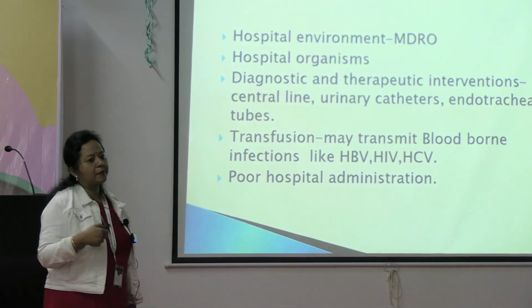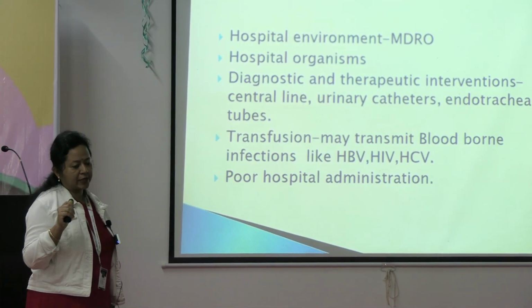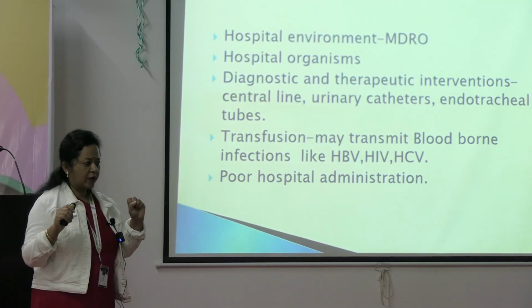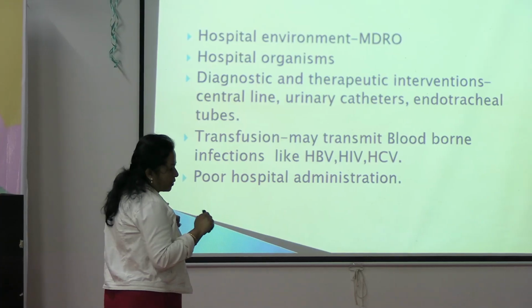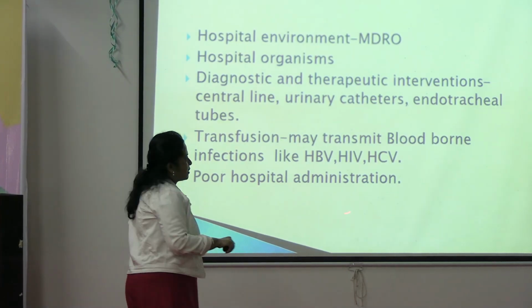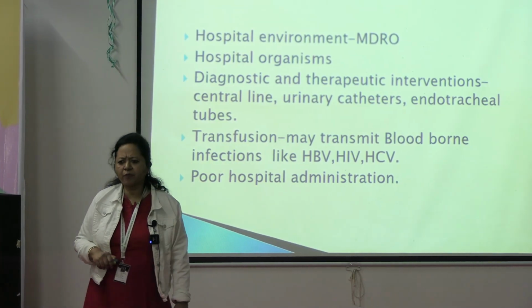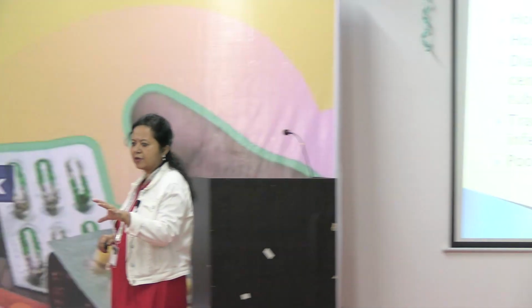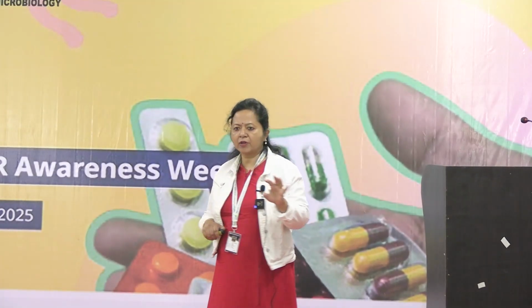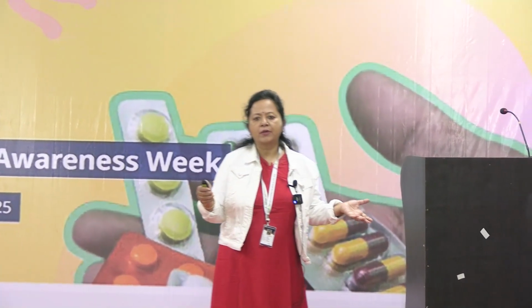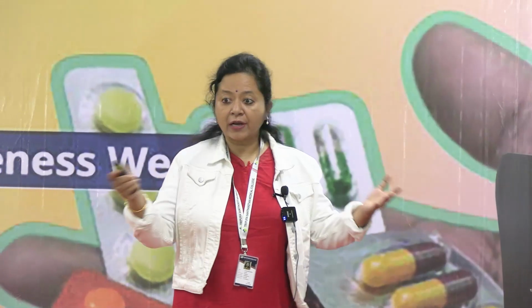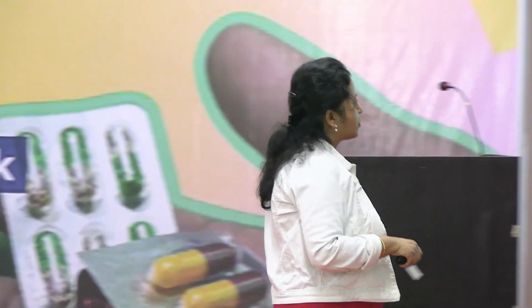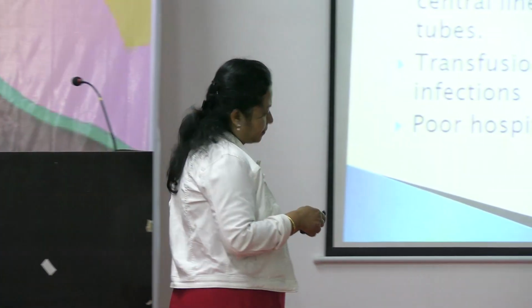So the blood banks usually use very good test kits and methods. They are very sensitive kits so that they can pick up the maximum number of infections. Poor hospital administration is another factor. If the hospital administration is very miserly and does not want to spend money on infection control measures, or on appointing infection control nurses or doctors, then they are not sterilizing the instruments properly and are reusing them. So that is also there. Administration is a very important matter here.